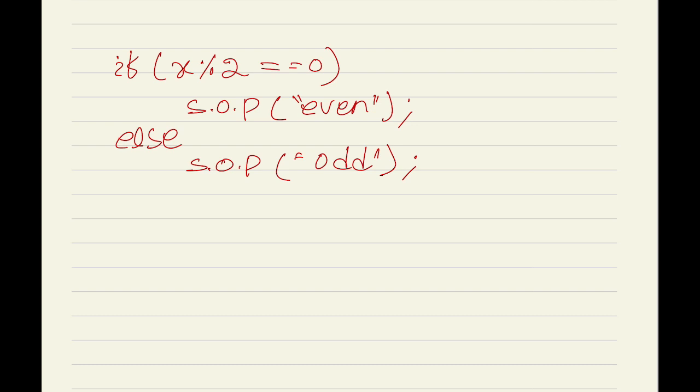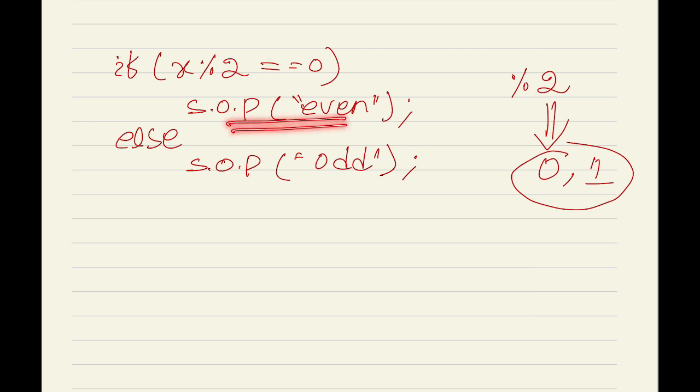So here we are writing else because if we apply modular division 2, we are going to get two values, that is either 0 or 1. If it is 0, then even, and the other value is 1. We are not going to get any other value except 0 and 1. So if it is 0, we are writing even, and else, that means if x modular division 2 equal to 1, the number is odd. So we can complete the method like this.